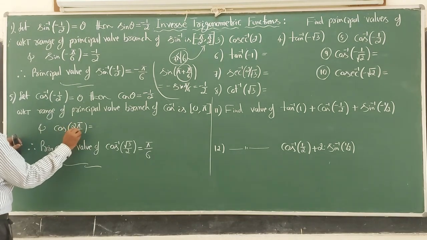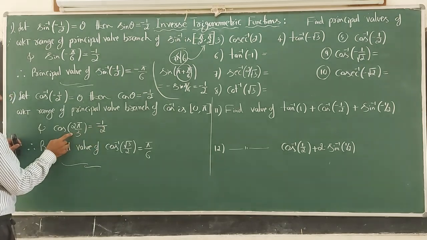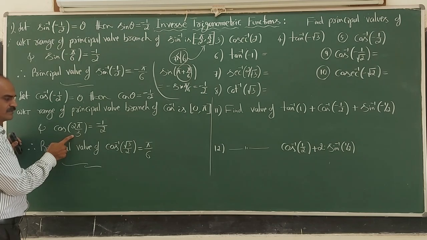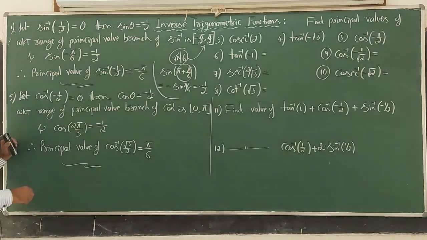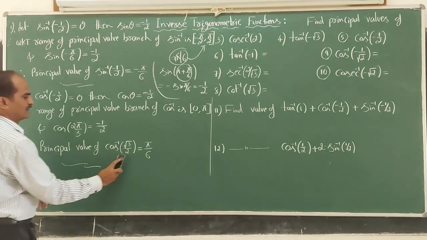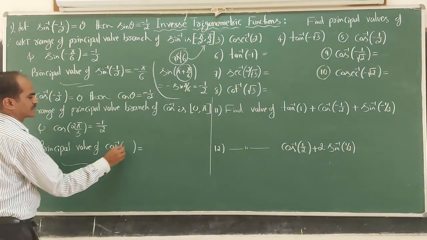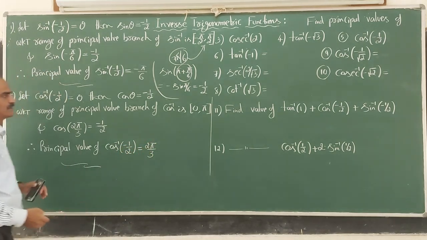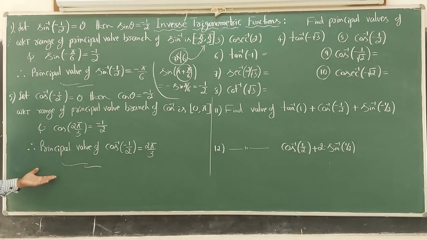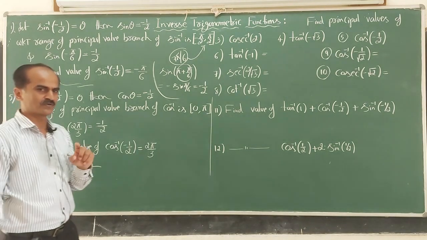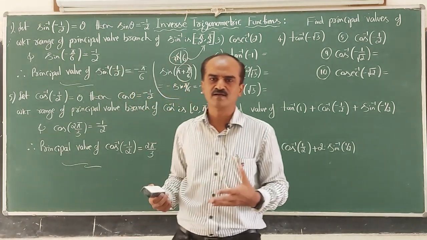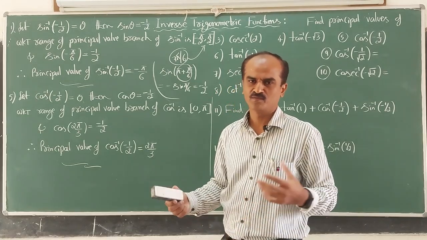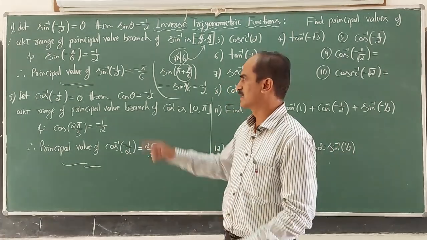So cos 2 pi by 3 is minus 1 by 2. Clearly this 2 pi by 3 lies in this interval. Pi is 180, 2 pi by 3 is 120. So clearly it lies in the interval 0 to pi. Therefore, principal value of cos inverse of minus 1 by 2 is how much? 2 pi by 3. So this is the systematic way of writing the answers. In the exam, it will be just one more question. You need not write all these steps. It is just for understanding's sake, since we are not thorough with the table, what is the domain, what is the range. If you are thorough with that, directly we can write the result.